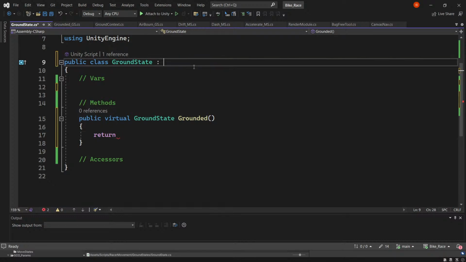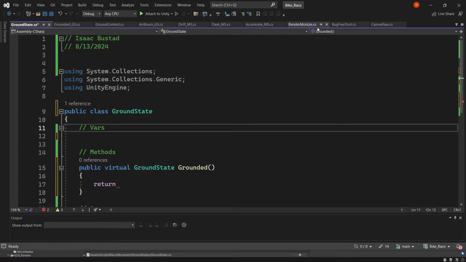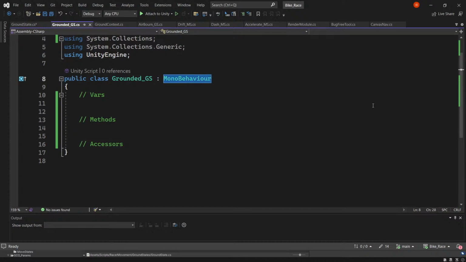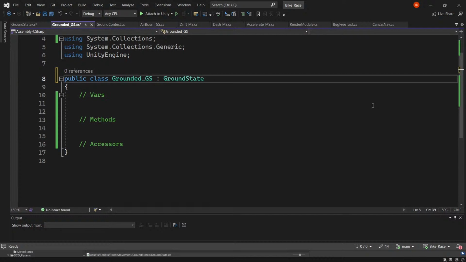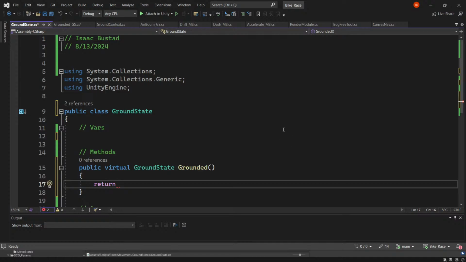Alright, so if we remember right, we do C# class. No MonoBehaviour, just a standard class, I should say. And then we go to grounded GS. This will not be a MonoBehaviour, but this will be a grounded ground state. Grounded GS. So ground state, virtual ground state, grounded should return a